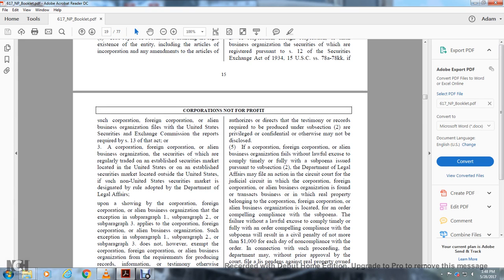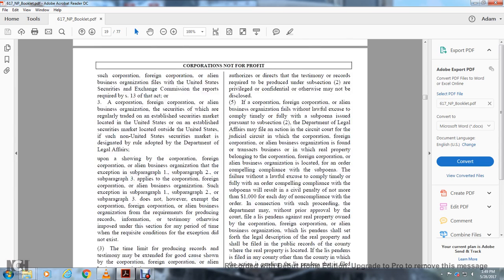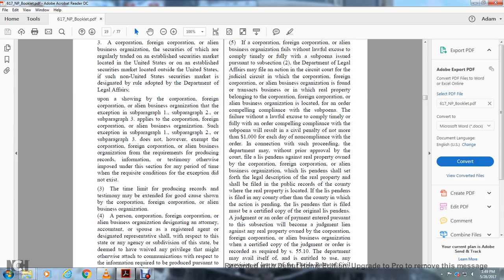13. A foreign corporation, alien business organization, secretary, which are regularly traded with the established security market located within the United States, and the United States security market is designated with the rule adopted with the Department of Legal Affairs. Upon showing that a corporation, foreign corporation, or alien business organization with exemption, subparagraph 1, subparagraph 2, subparagraph 3 apply for the corporation formed with a corporation alien business organization, exemption of subparagraph 1, subparagraph 2, subparagraph 3,